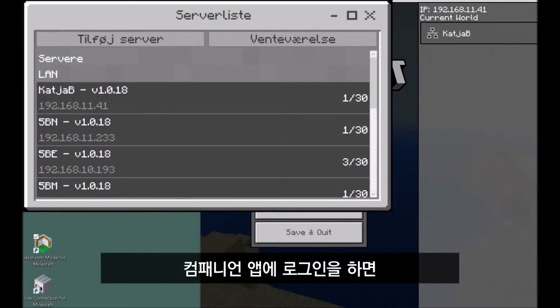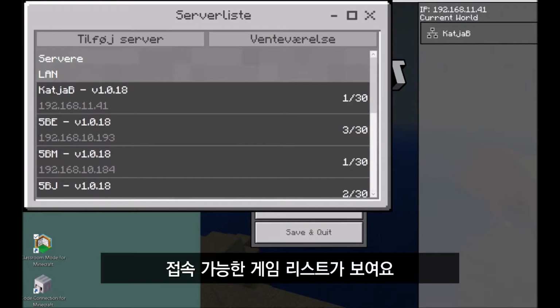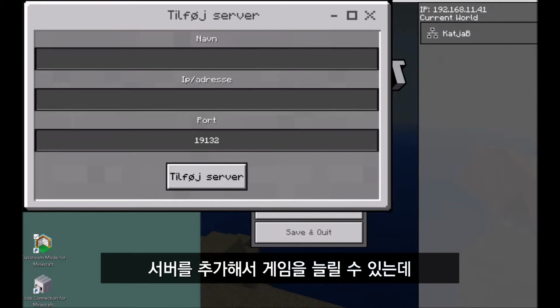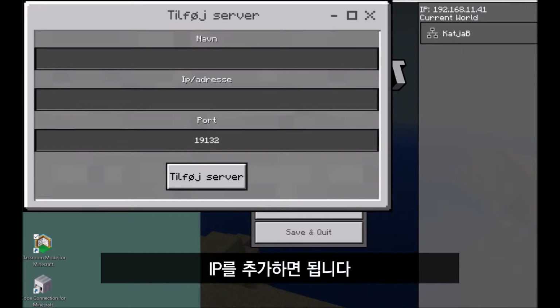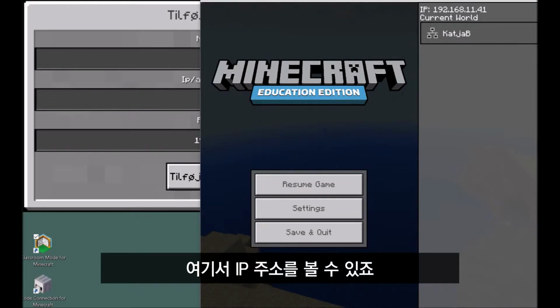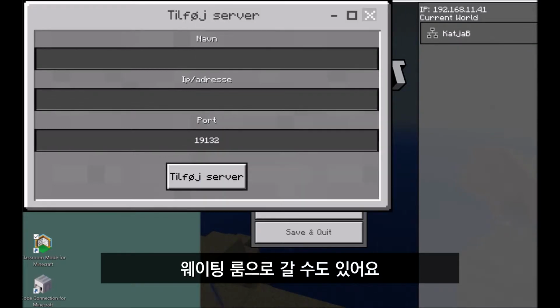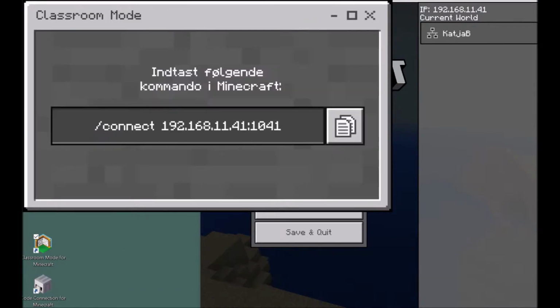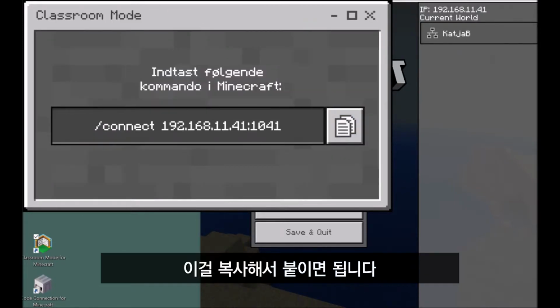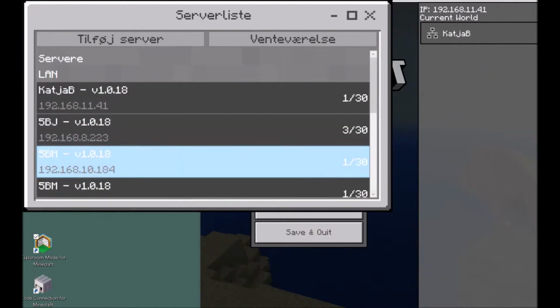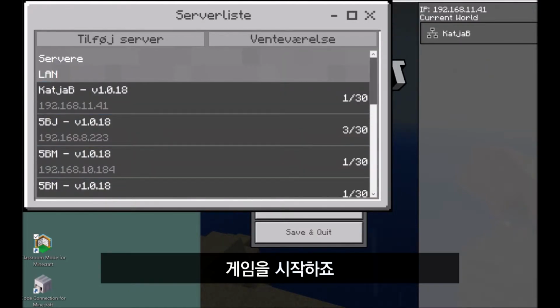Once you log into the Classroom Mode Companion app with your Office 365 account, you will get a list of games available on your network. You can also add a game by adding a server with an IP address. The IP address of a specific game is found up here when you pause the game. You can also go through the waiting room and copy this / command and paste it into a game and connect that way. So let's get into a game